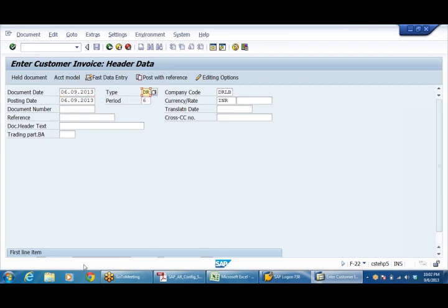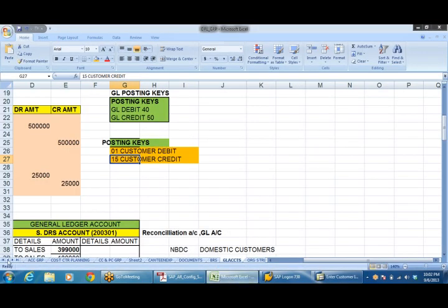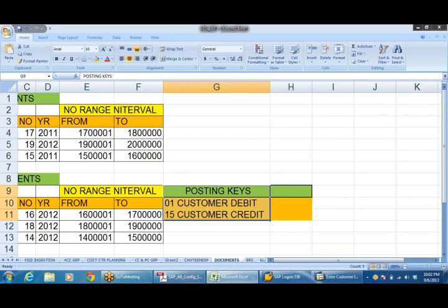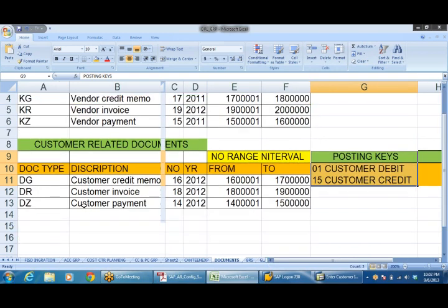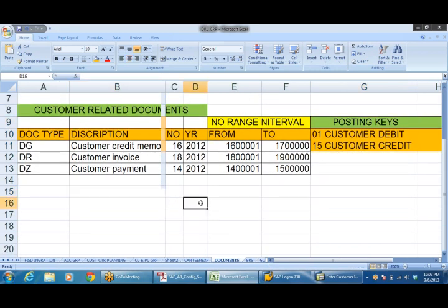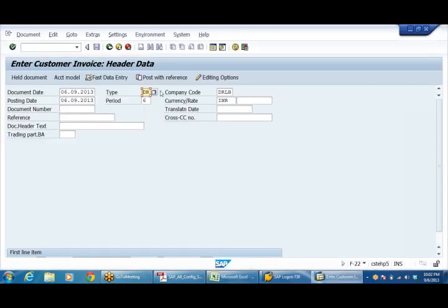We have already given number ranges for document types. See, customer documents. DR is nothing but customer invoice. So we are raising a customer invoice, DR. Company code, INR.